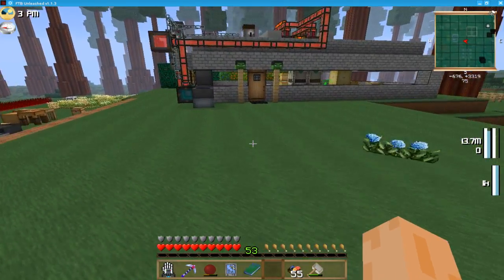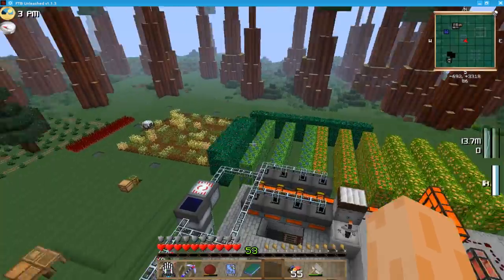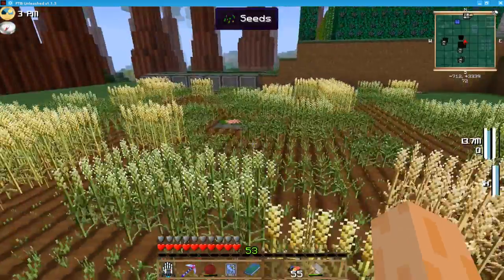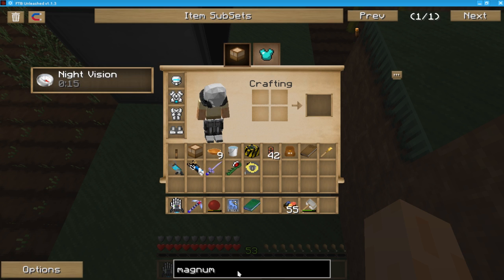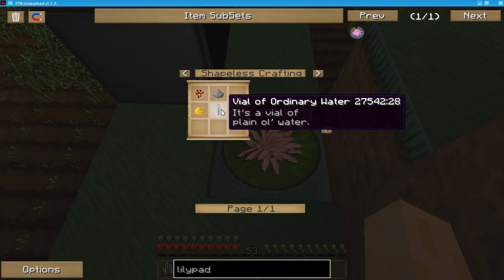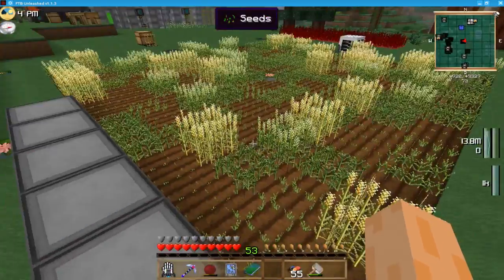I do want to check on my diamond chipsets, but one other thing that I did want to show you, I got, of course, the farm set up, and I think I showed you guys that. One thing I did not show you is I'm using these lily pads of fertility with those. What you want to do is get lily pads and then make splash fertilizer serum, and you need 3 bone meal and a condensed splash serum, which is just a vial of water with nether wart, gunpowder, and glowstone. I set these up so that they would help